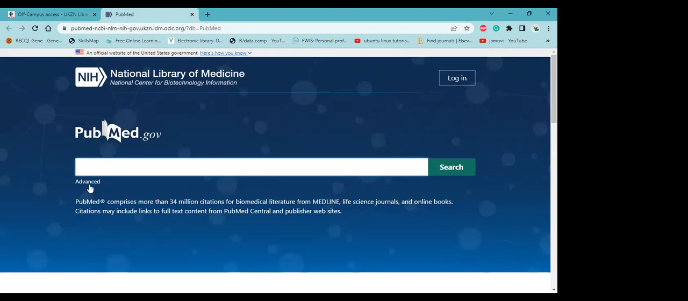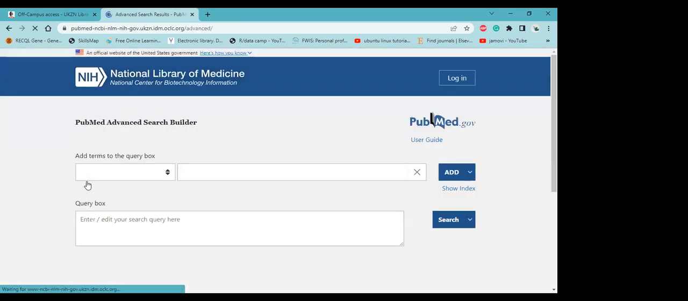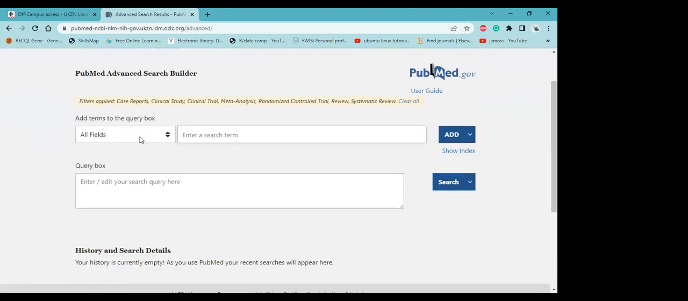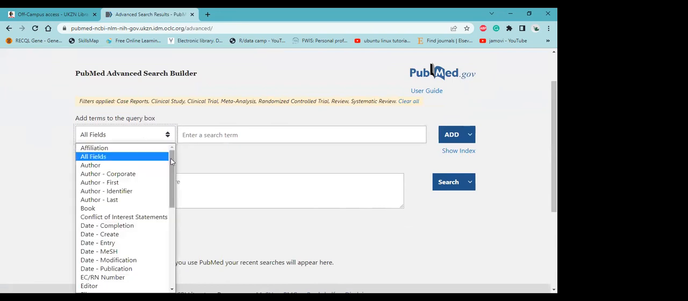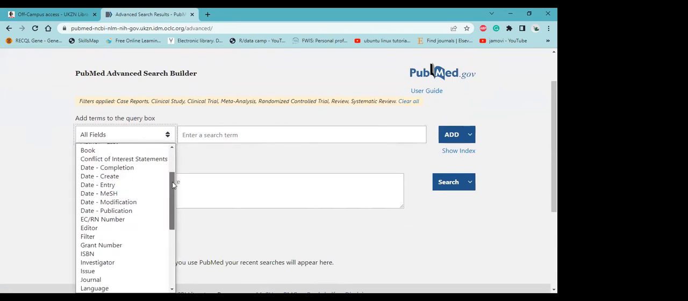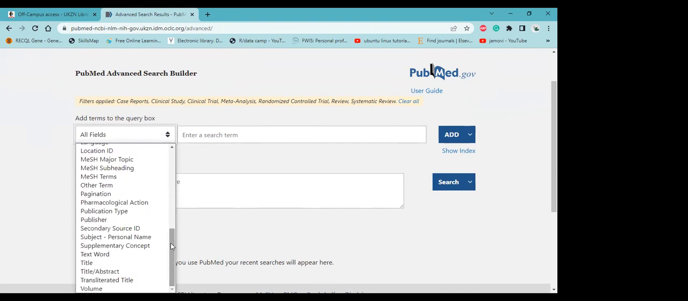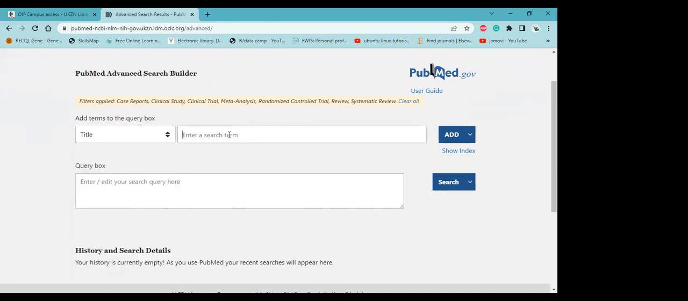So this would be the page, and we go to advanced search. Sometimes it pops up as advanced already, other times it doesn't. So in our field, we're going to have to decide where it is that we want our terms to be. Here we have a long list that you should decide from, and I'm just going to select title. And it was colon or colorectal, or